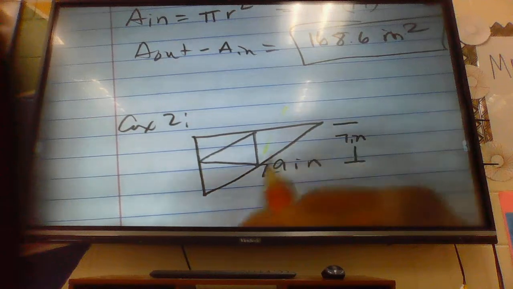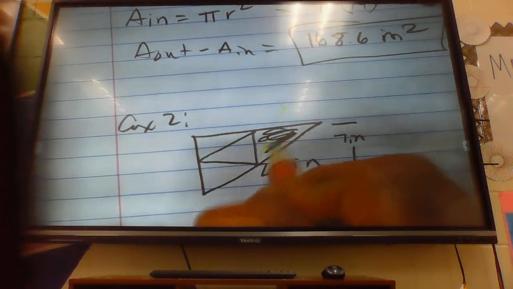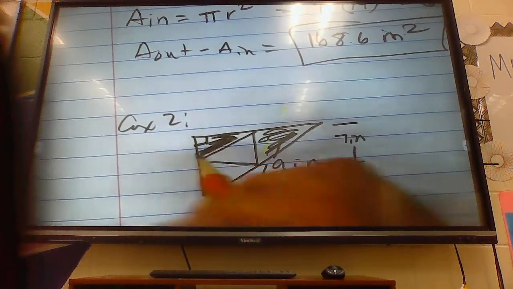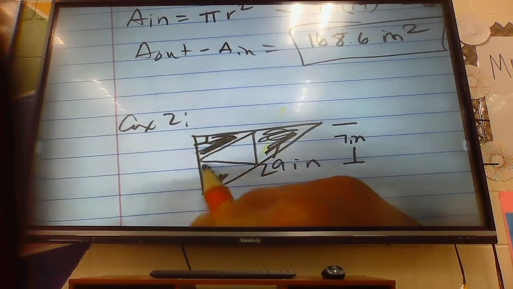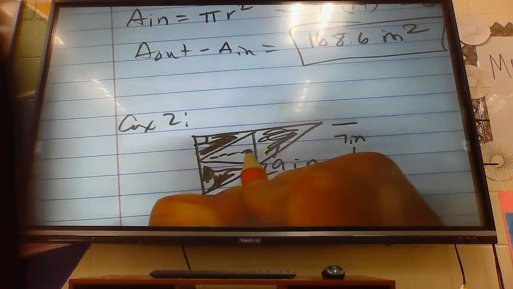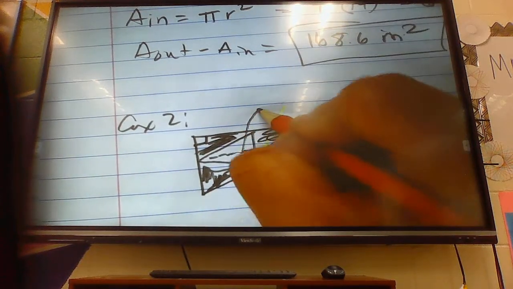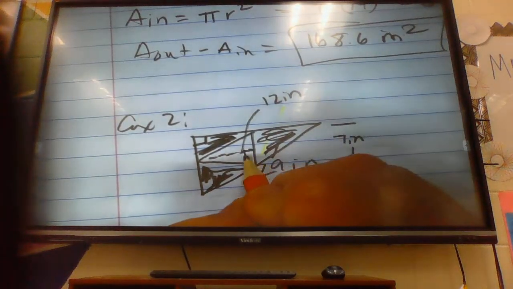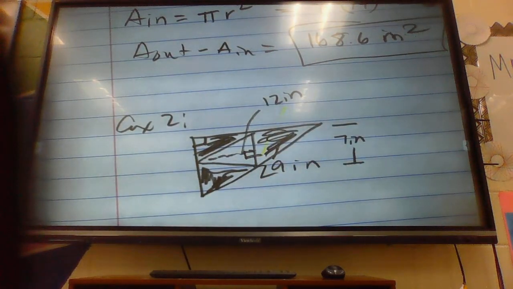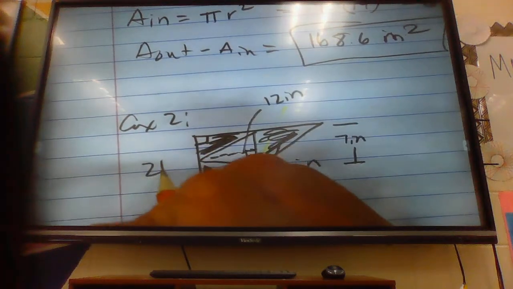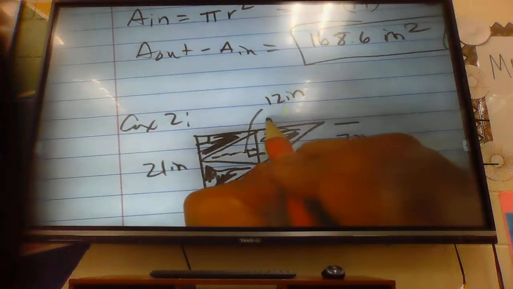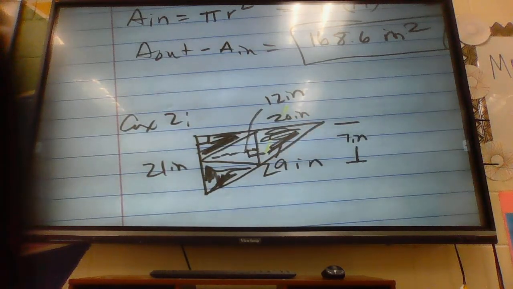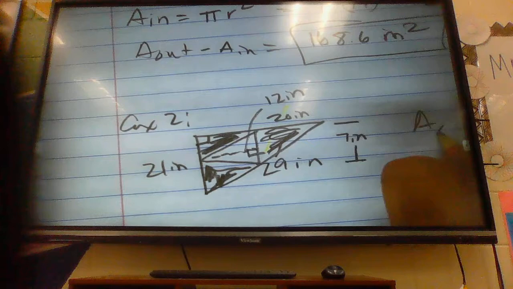Okay, so here is 7 inches. And this is going to be shaded. This is shaded, this is a right angle. And this is shaded. Then we've got height there, which it tells us is 12 inches. This is 21 inches, and this is 20 inches and 29. Okay, so my area out,